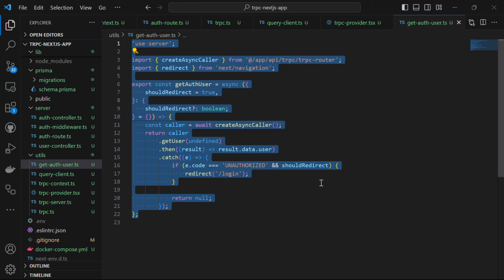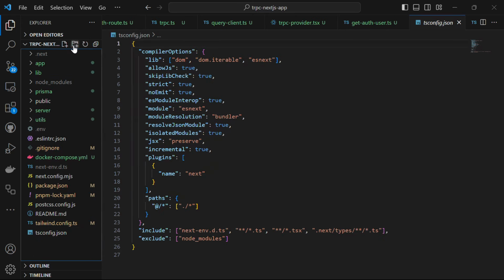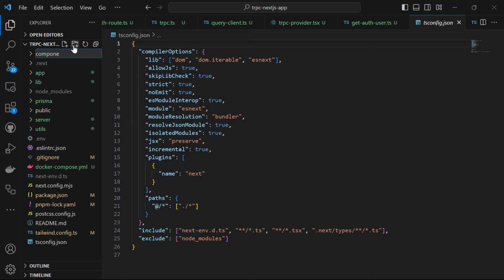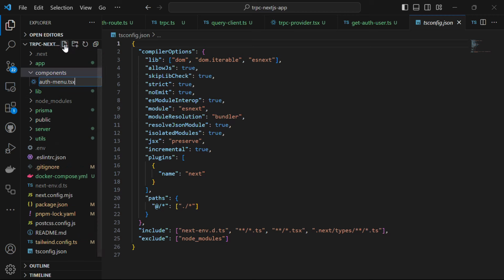Perfect. Now we proceed to create reusable components that can be utilized in various sections of our application. We will start by creating a header component which will render navigation links dynamically based on the user authentication. Then we will fetch users' data on the server and render the links based on the information. So we will convert our header component into a server-side component. To start off, let's create a components folder in our root directory, and inside this folder, let's create a file named